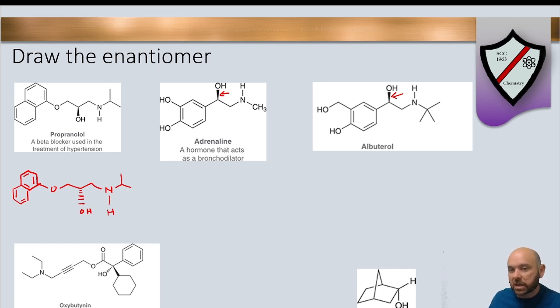There is a wedge and a dash in this molecule, so we would just change this wedge to a dash, but we would also be careful to change that dash to a wedge. Perhaps the toughest one on the homework is the bicyclic ring system, trying to draw the mirror image of that molecule. If you get something like that, all you can really do is just attempt to draw the mirror image of it. I'm not going to give you one like that on an exam, but there is one like that